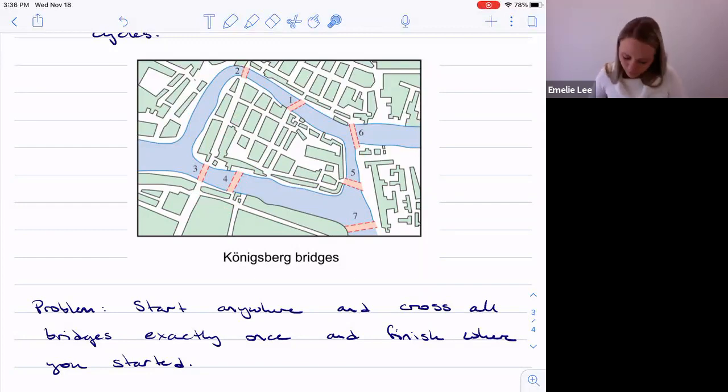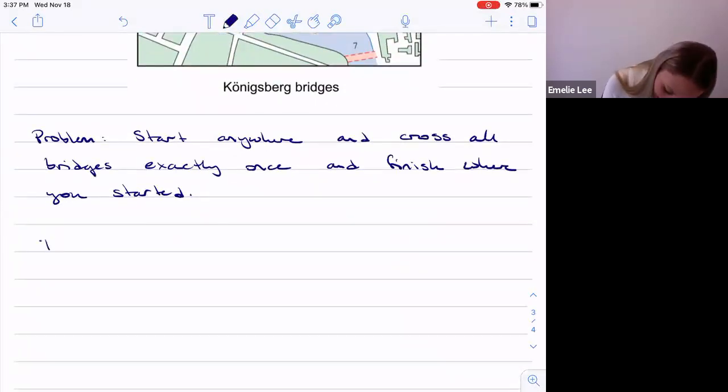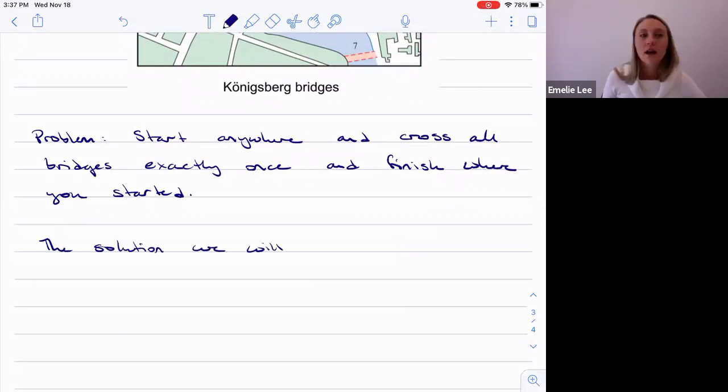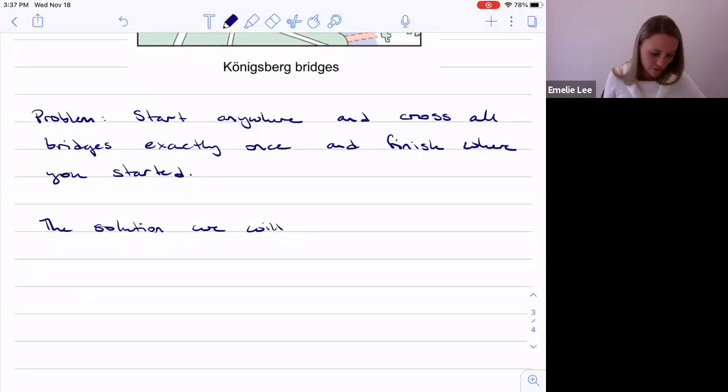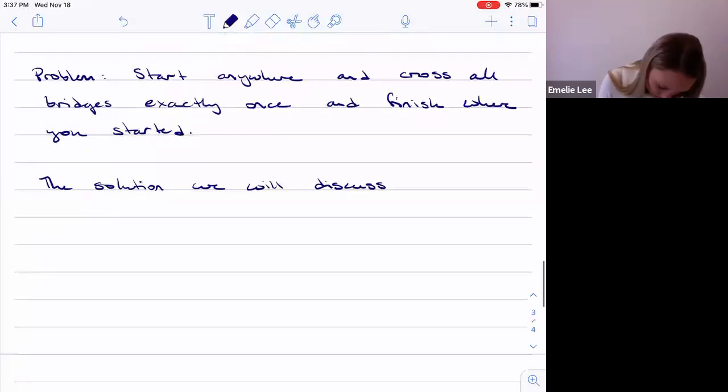Anyways, the solution we will discuss, and of course, others have presented other solutions, but the most widely accepted is the one that Euler came up with. So the solution we will discuss was first developed by Euler,